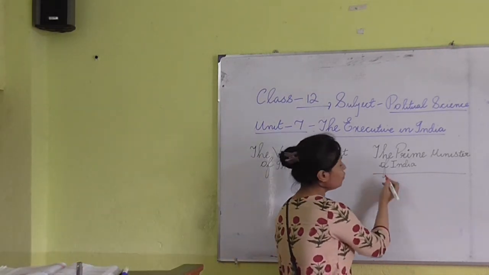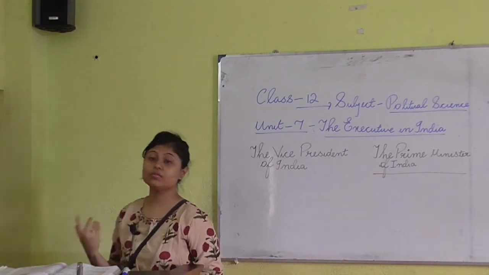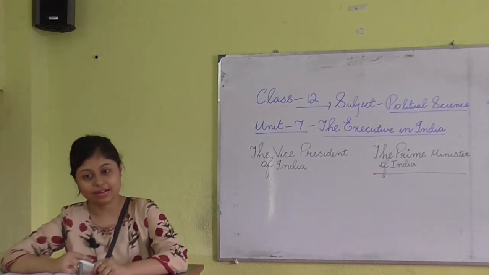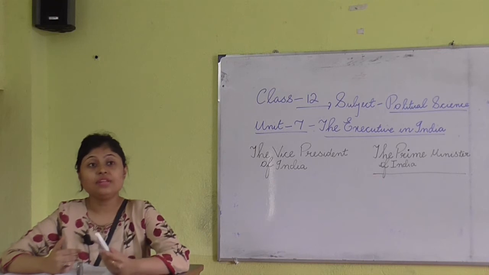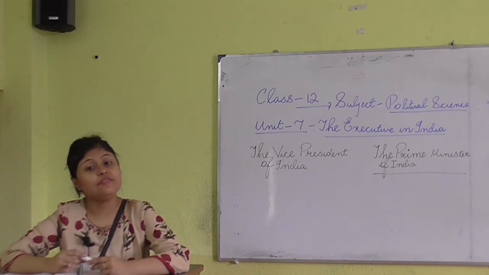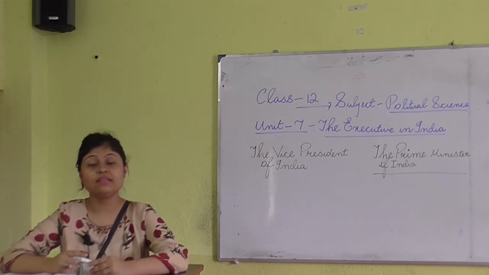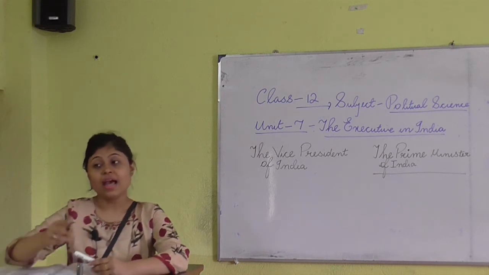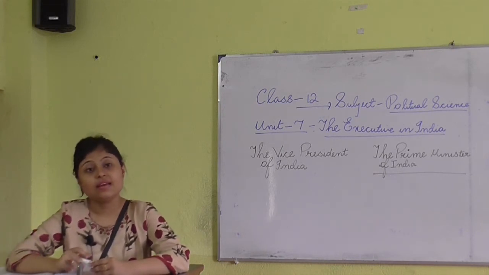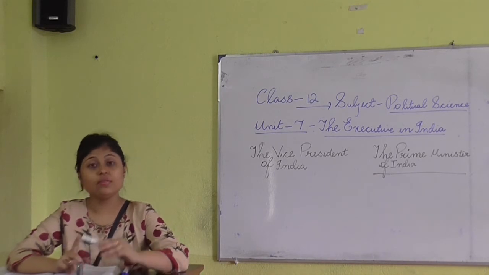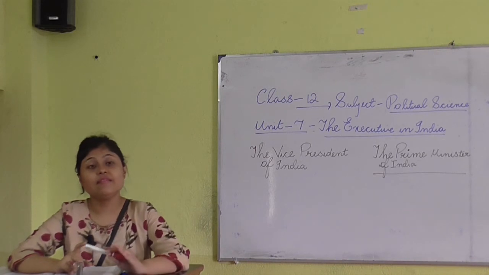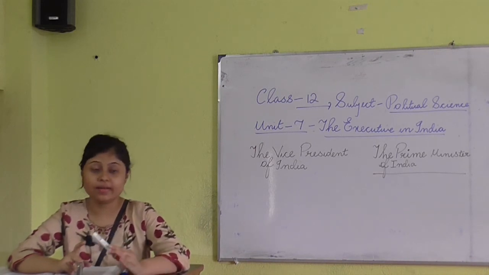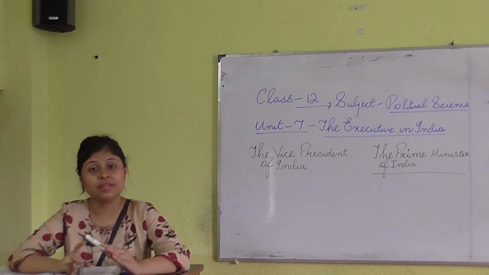But before studying about the Prime Minister of India, I would like to say a little about the federal structure of our country. What is a federal structure? We all know that India is a federal form of government with a parliamentary government in the center. Federal structure means there is one central government and there are several state governments existing side by side. There is only one central government operating at the center, and there are several state governments existing side by side. And parliamentary form of government means